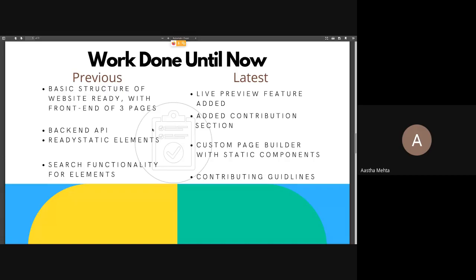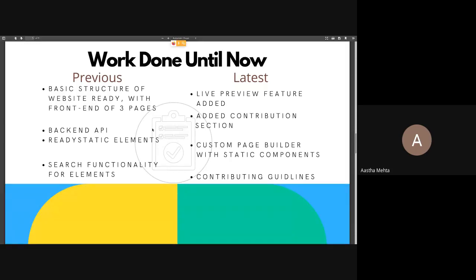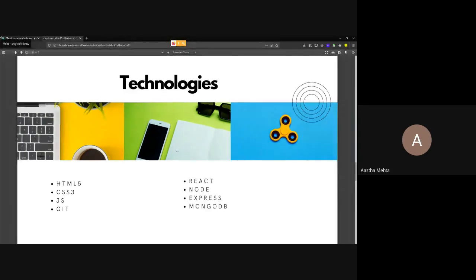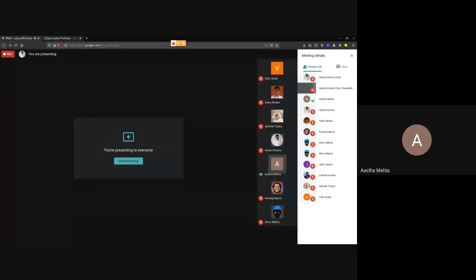We have also set up contributing guidelines, both for uploading elements and for contributing to this open source project. So we have a well maintained readme for our project, and also a contributes page separately on the site. Next, Sarthak will present the exact demo of the project.